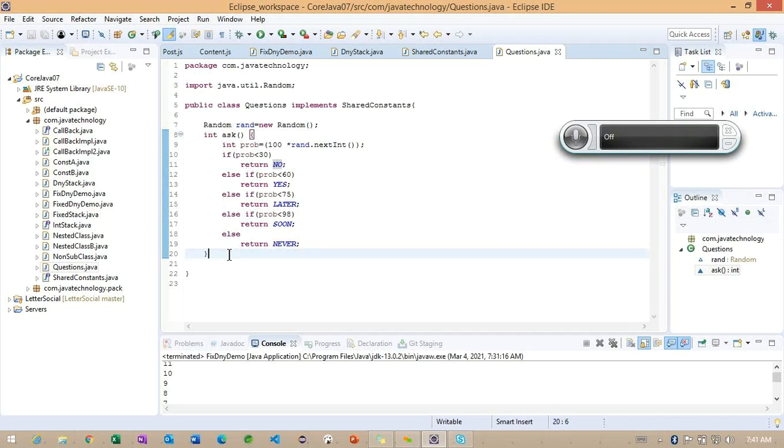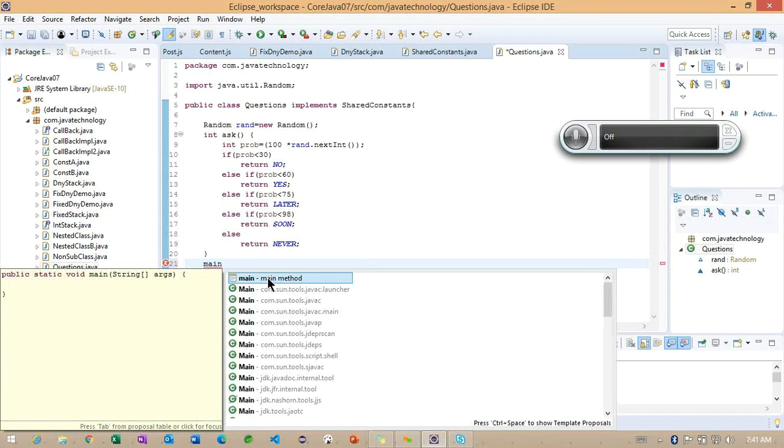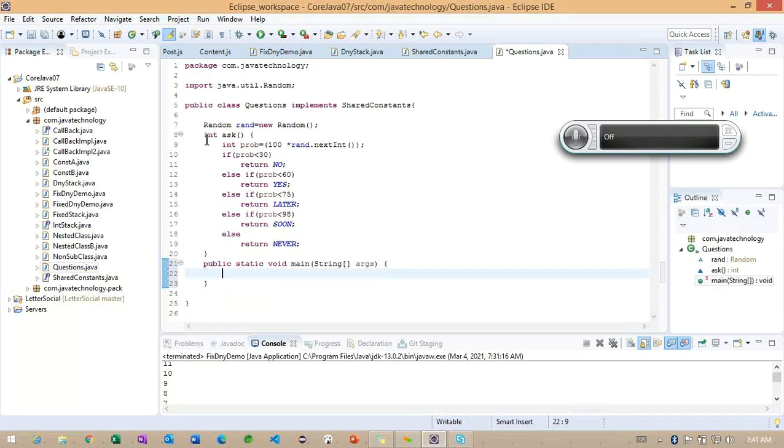So to work on this, simply inside the main method, I want to create, okay, if I'm creating static, we cannot access.